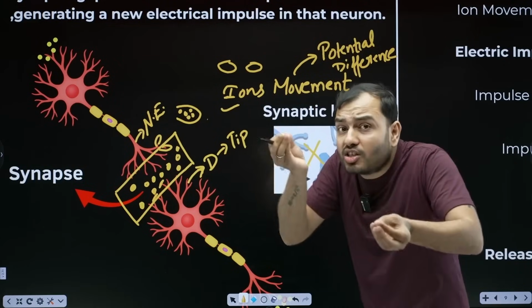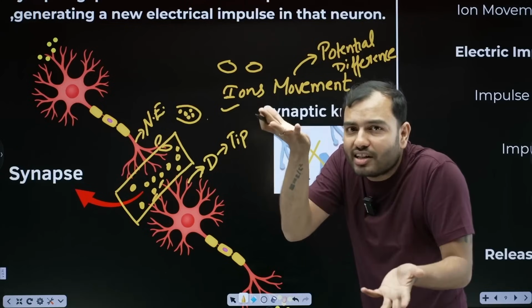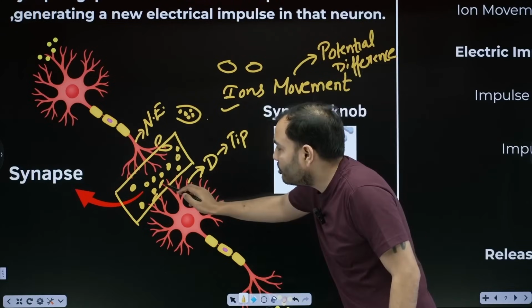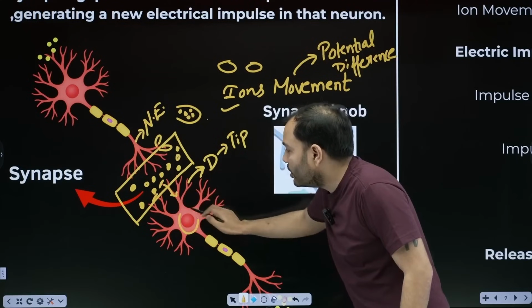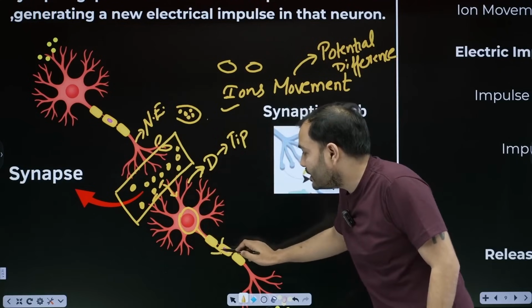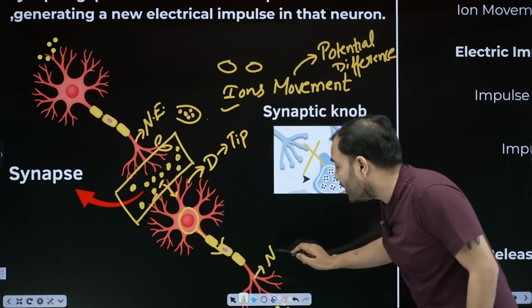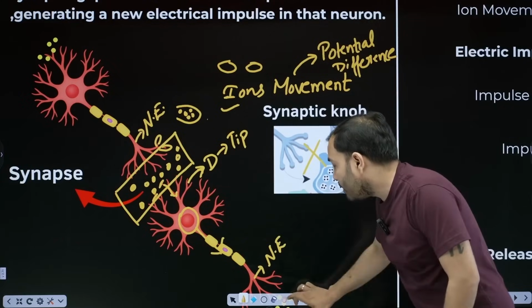If you remember this, it's fine. Otherwise, just write this. From the movement of ions, somewhere ions are more, somewhere less. What came out? Current, meaning the electric impulse. It was received by the tip of the dendrite. From here, it came inside. It went to the cell body. From the cell body, to the tail. What do we call that? Axon. It went to the axon. Then where did it reach? It reached the nerve ending. Now after this, again there is a gap.